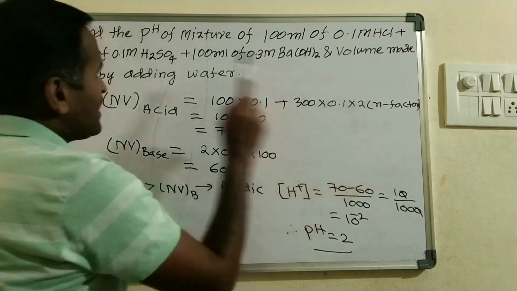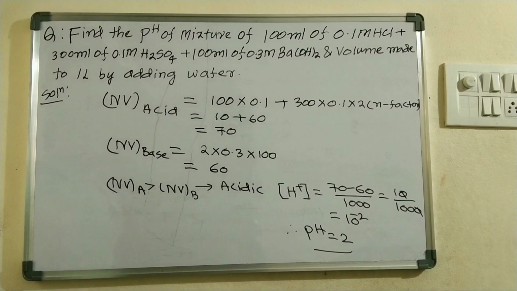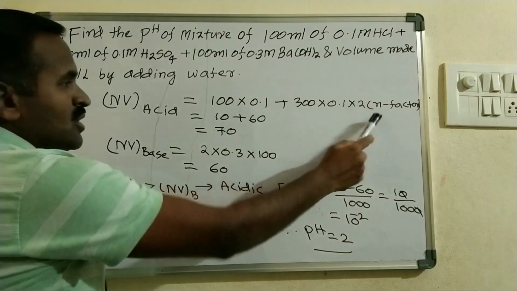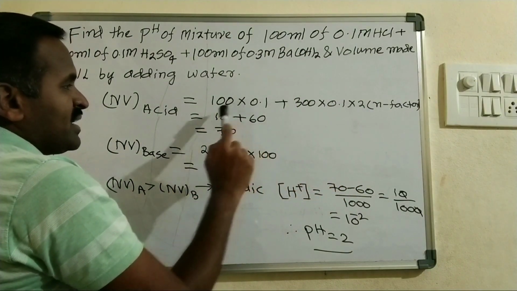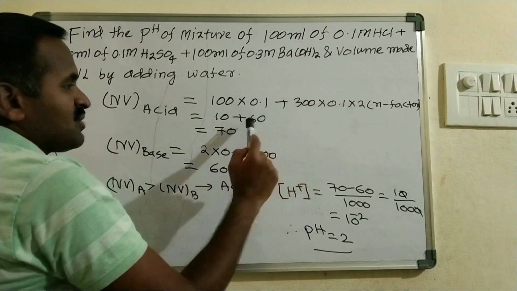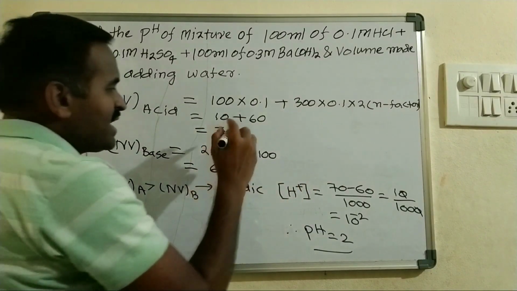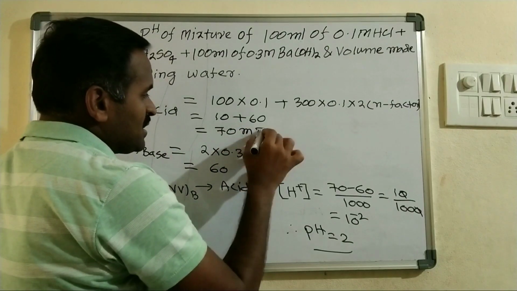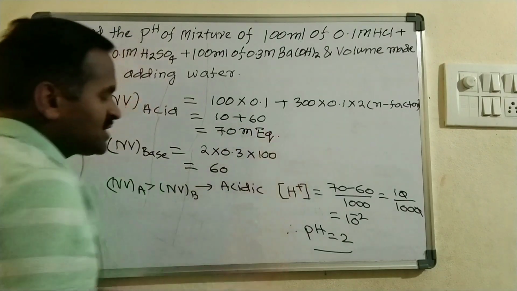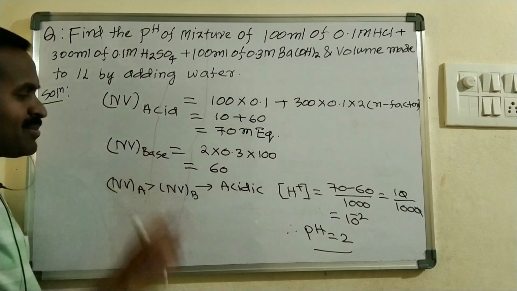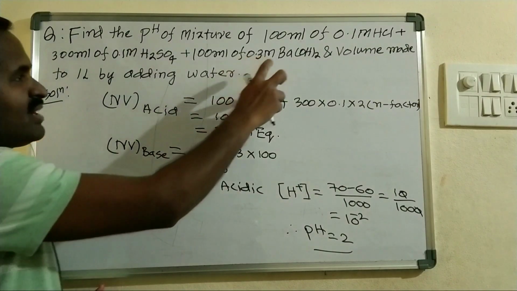Why? Because H2SO4 is a dibasic acid, its N factor is 2, so you will get 10 here, and by multiplying this one you will get 60, a total of 70 milli equivalents. This is the milli equivalents of acid, whereas in the case of the NV product of base, only one base